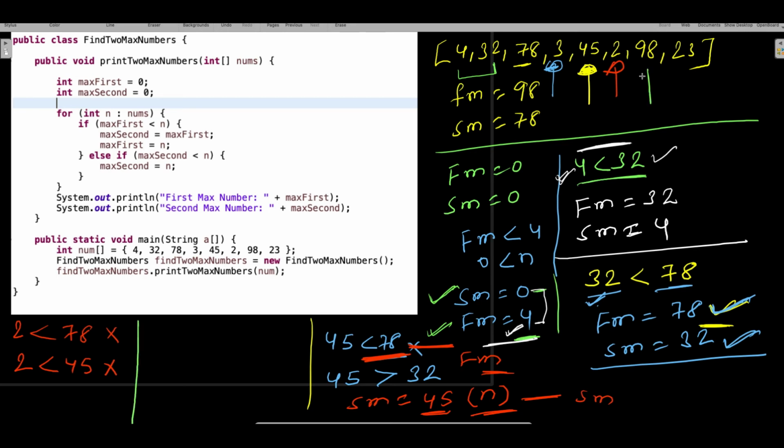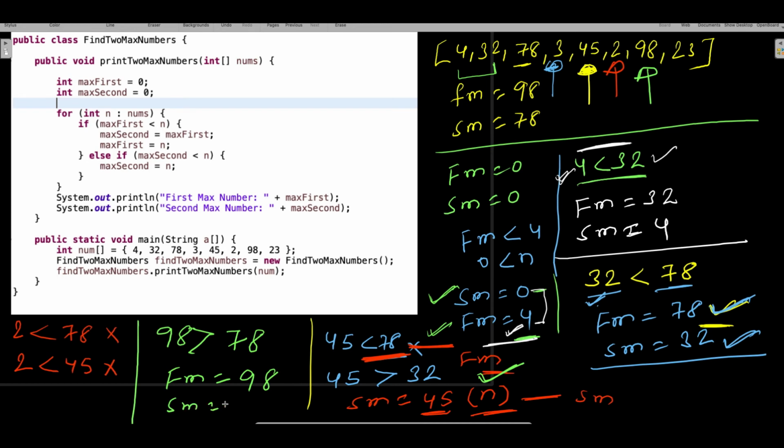What is that? 98, right? So is 98 less than 78 or greater than 78? So 98 is actually greater than 78. So till now whatever you had as the first max, this guy became actually second max, right? So in this case your first max needs to be changed to 98 and your second max needs to change to 78.